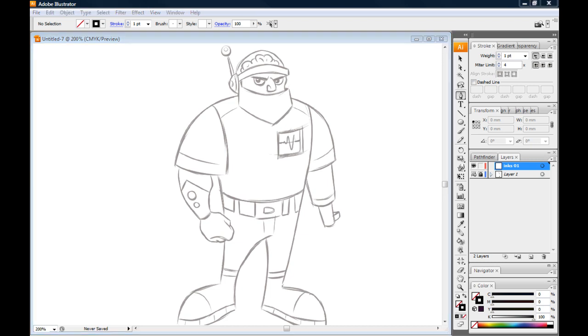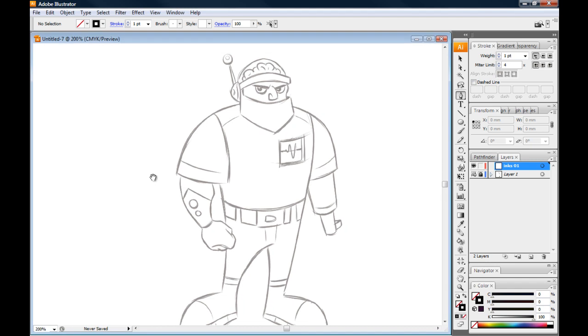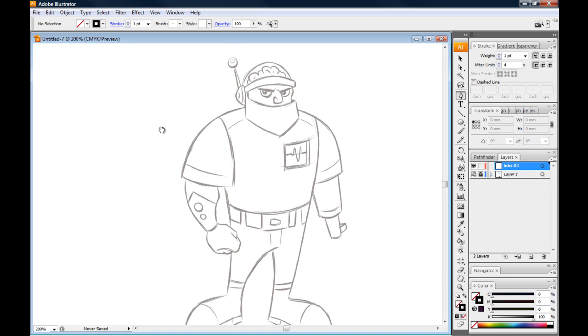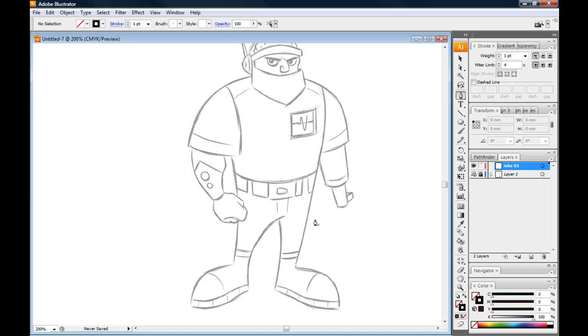Okay, so what I've got is the pen tool selected. I've made sure that our scanned and imported image is locked down and the opacity is taken down slightly, and we're on the layer above, Inks 1, and what we're going to do is just go in and start anywhere we like. There's no hard and fast rule where to start on an image. It's just wherever you're comfortable, you can move from one piece to the next. It's a very free flowing process. So I think what I might do is start with the gun. So I'm just going to zoom in,